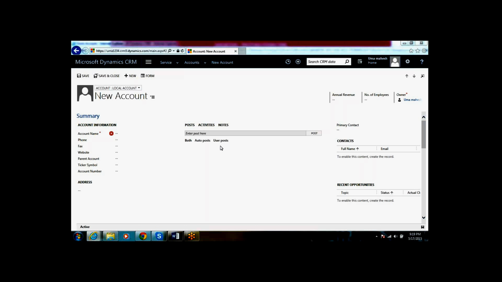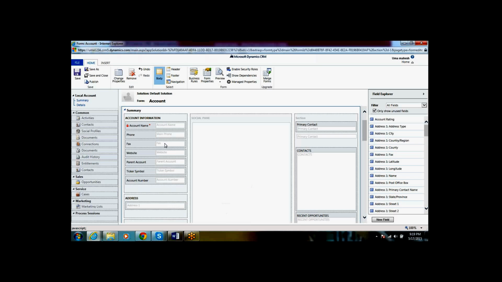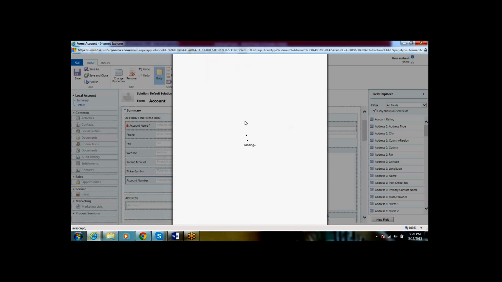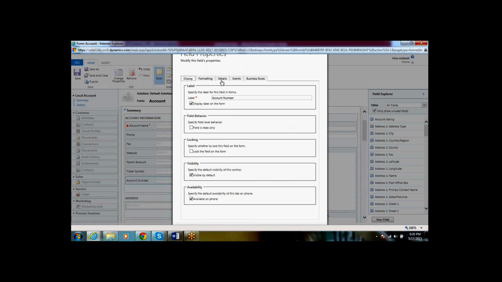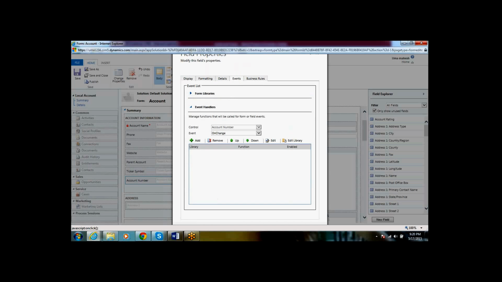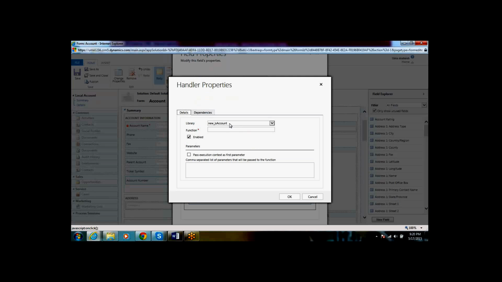In a similar way, we have a field on change event. How can we attach it? For example, I have an account number here. At the field level you can see the events. Here we need to add the library, the same library we added in the form. Here we need to define a method.